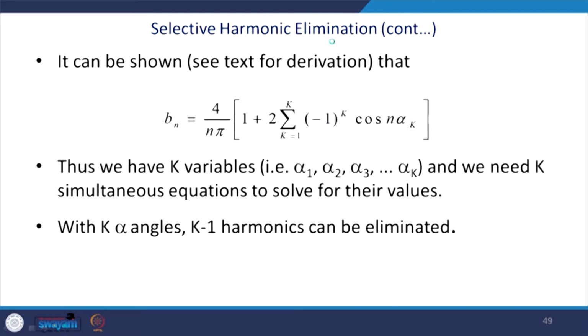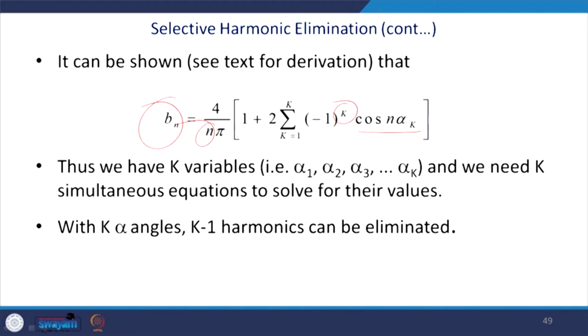So, we can rewrite this equation. It can be shown that B n will be 4 by n pi, where n is the order of the harmonic. If it is n equal to 3, then it will be 3. So, plus k equal to 1 to k, to the power minus k, cos n omega t. So, you can see that the 5th and 7th will have a minus value here,